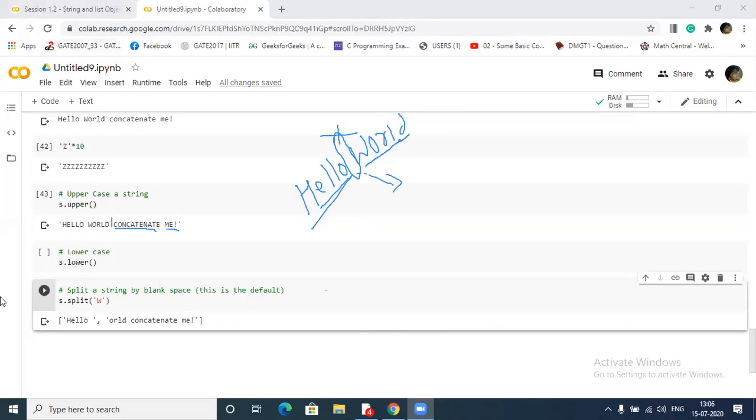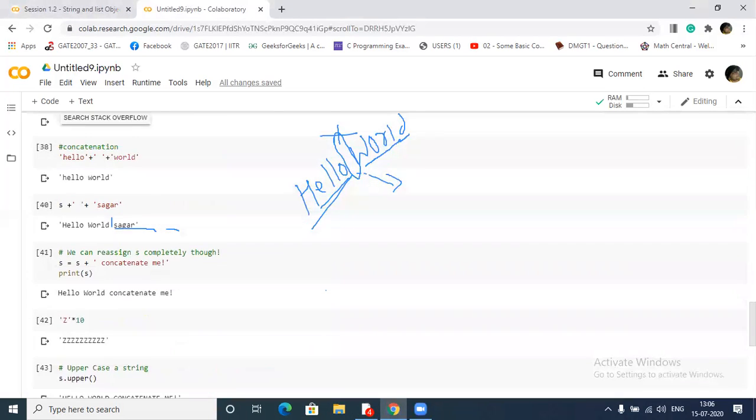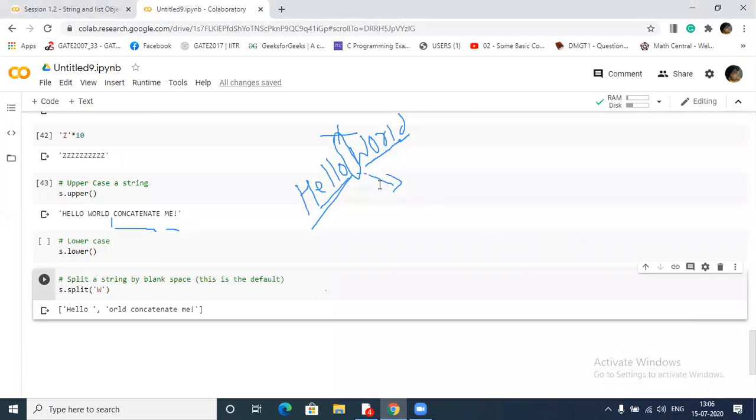If I want that W, then how can I split? If you want W, then you have to go. Sometimes you have some business, some problem, like you want something, like you said you want W. Then why take the burden? Already we have read how to find W in this string, by slicing or indexing. Here in the semicolon hello is there, and next comma semicolon and ORLD. See, everything is there.